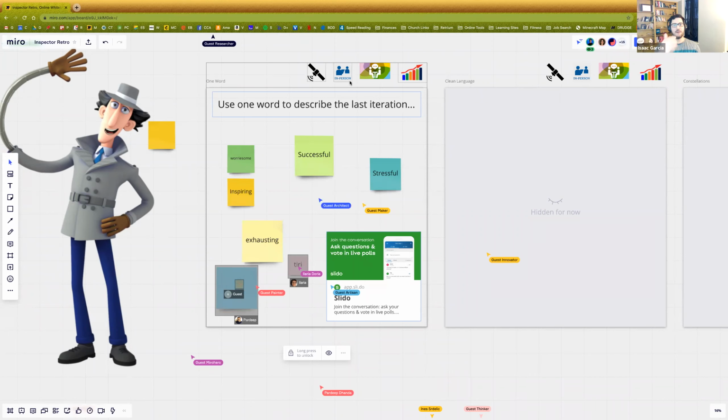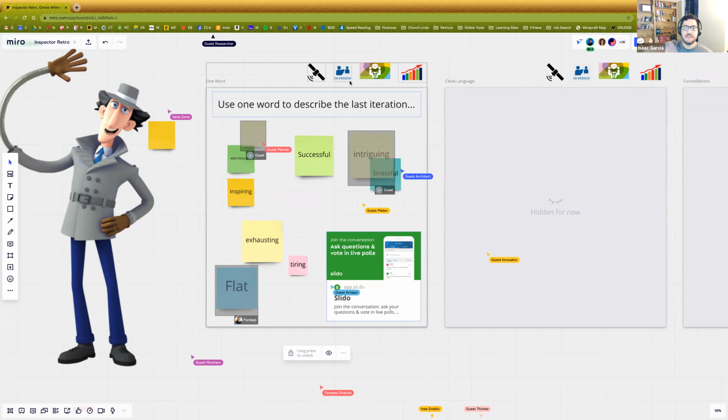And what do I mean by that? For example, imagine this is a retrospective and I'm reading them off. All right, guys, how did we do last iteration? I see successful. That's the right attitude. Way to go. I see inspiring. What a great team we are. Oh, but then I see stressful. Who wrote stressful? What are you guys talking about? Not stressed. We have plenty of time. If we're stressed, it's because you're slacking. Worrisome. That's terrible. I'm not worried. My boss isn't worried. Why are you putting that out there? That is not the way to create safety.